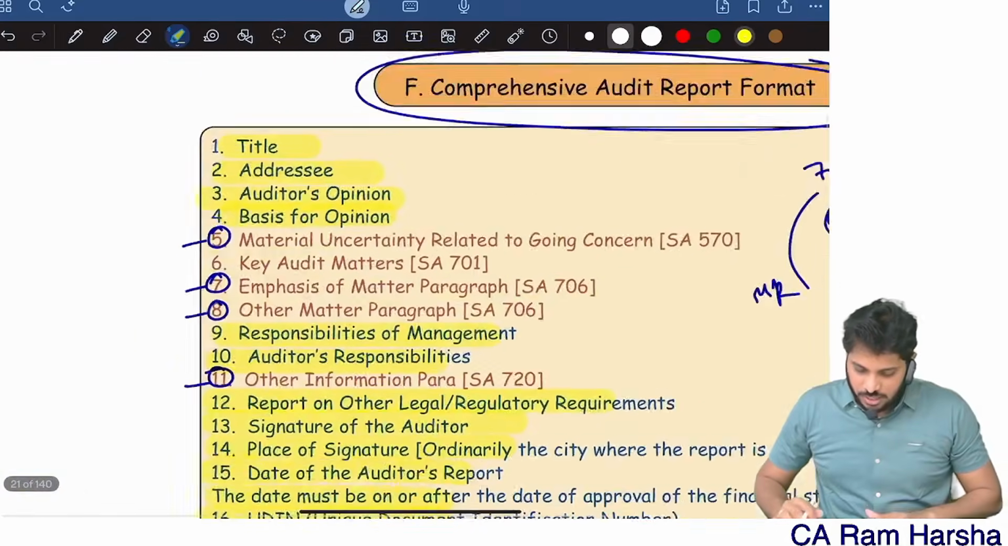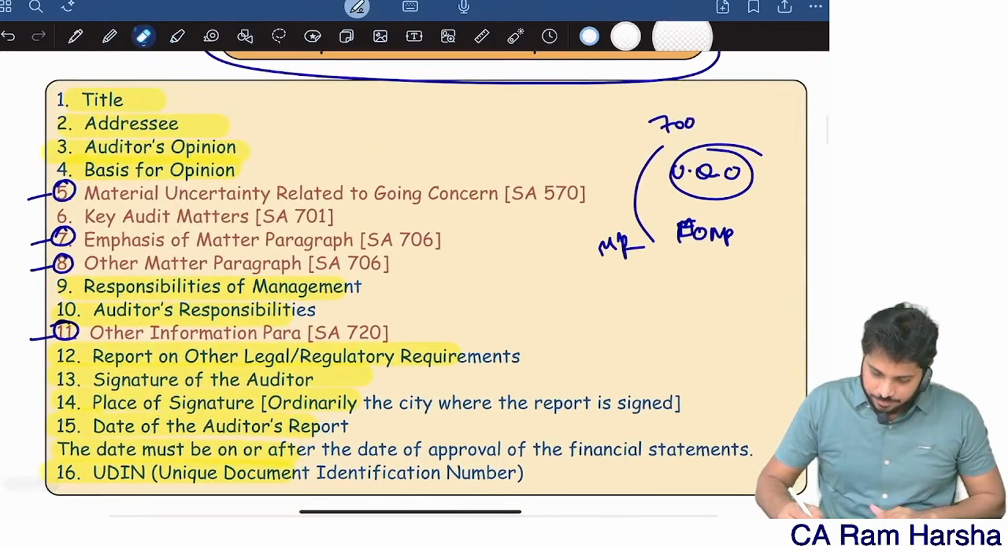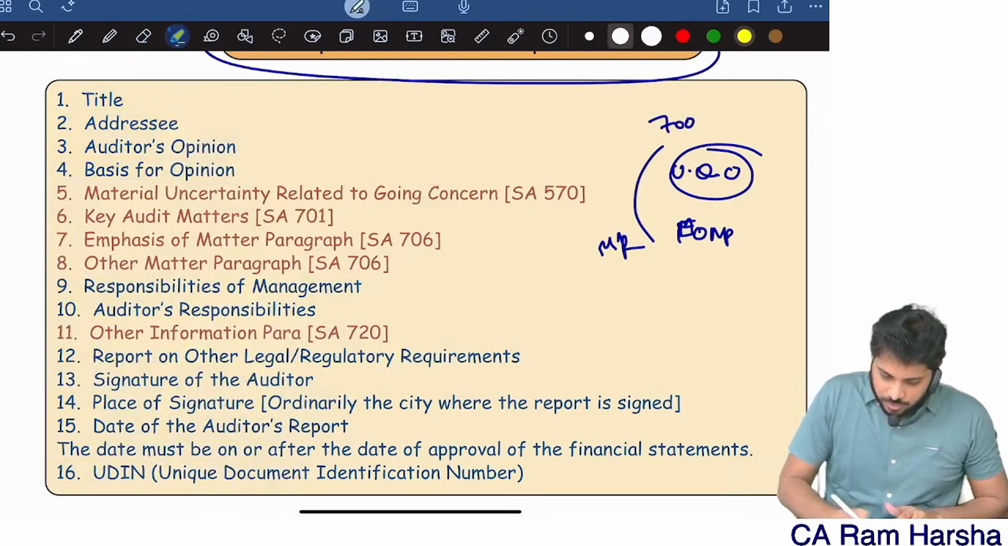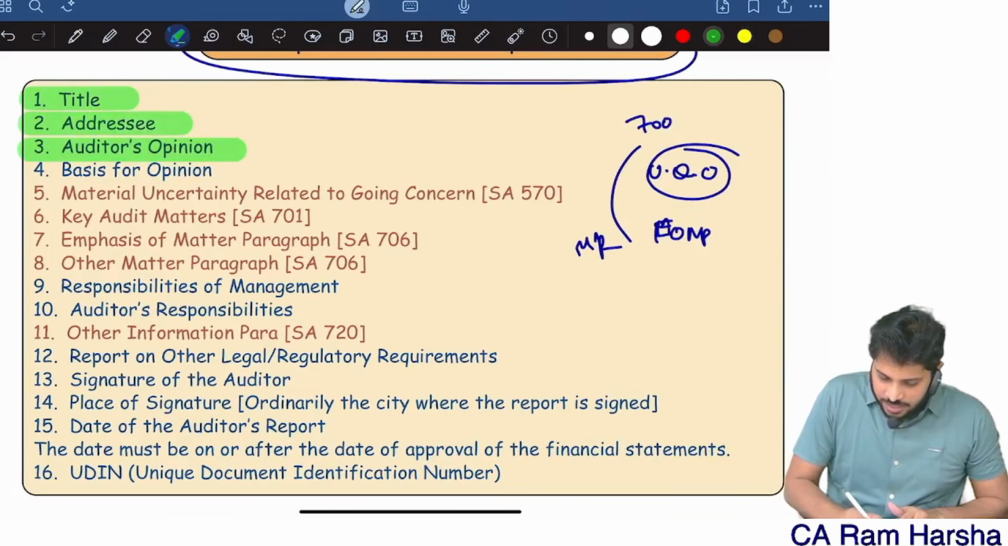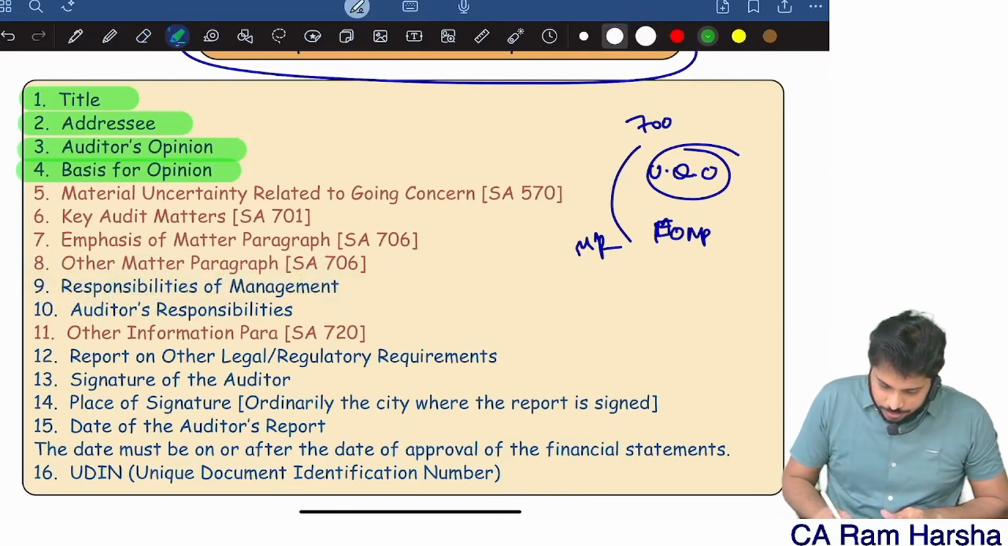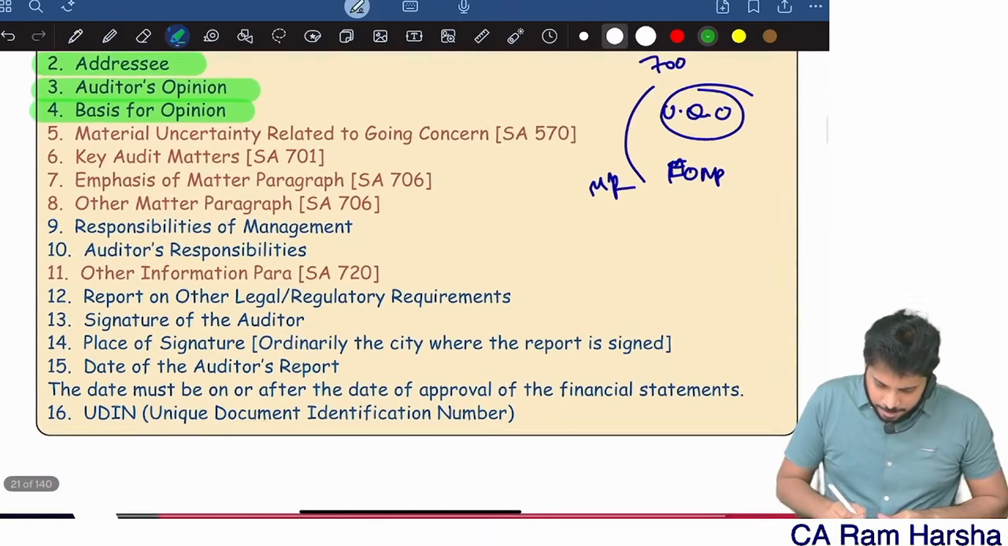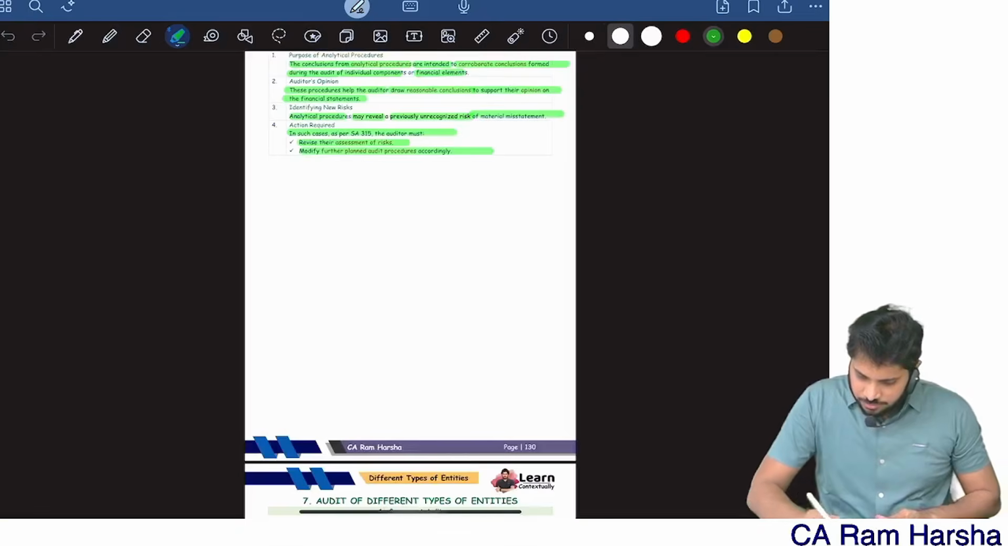Next, you see, what are the points that we completed? What are the contents that we completed right now? So we completed title, addressee, opinion, basis for opinion, responsibilities. The remaining I will come to with respect to standards, then I will write. Okay, fine. Then apart from that,